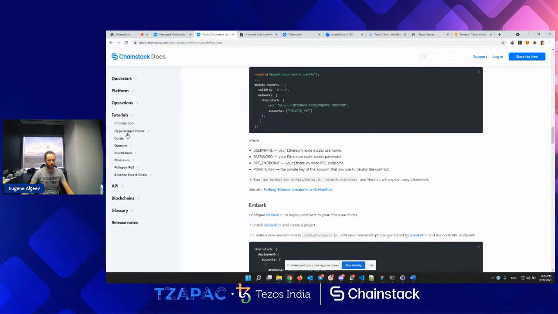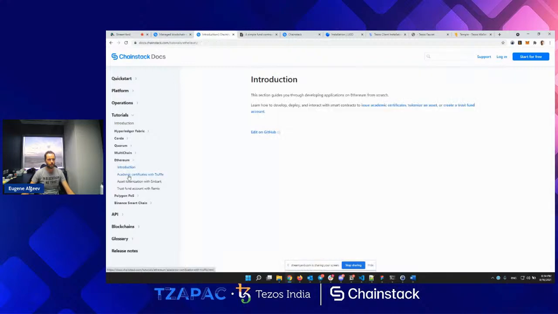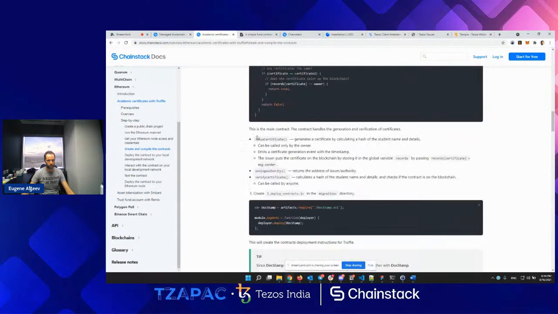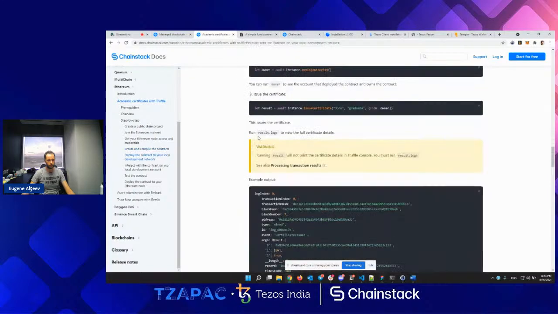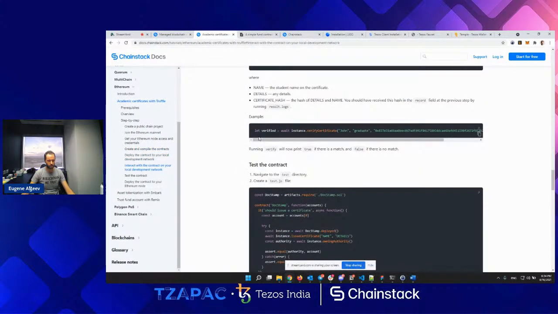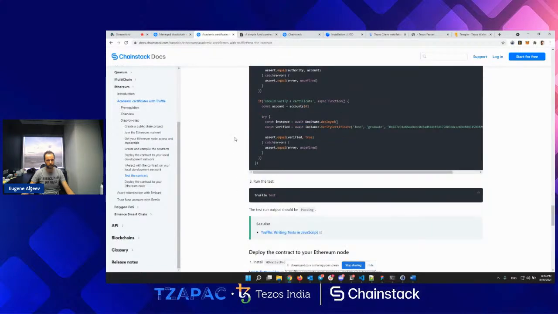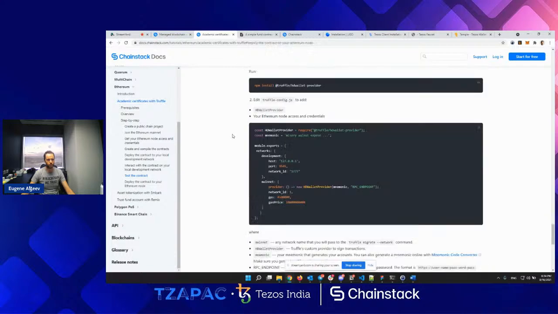What's cool here is that we also provide tutorials on how to use different blockchains on Chainstack, how to develop on them. So again, for instance, if you take Ethereum, we have a bunch of tutorials here for different tools, like how to do things with Truffle, how to do things with Embark, Mix, all the well-known tools on Ethereum, and it has step-by-step tutorials on how to do this. For each protocol, we provide this kind of tutorials because we believe that it should be very easy to start using any blockchain on Chainstack and in general. So that's why we spend time on doing these tutorials.